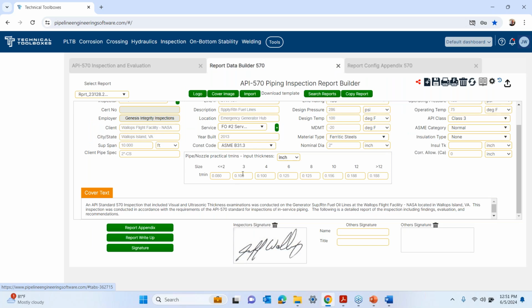Not sure what happened there, but here are our practical T-mins for piping, and they're for carbon steel pipe. You can change these here. If you have a different set of values, you can change these right here, and it'll cascade through the program. If you find an area that's lower than that, then all you have to do is,